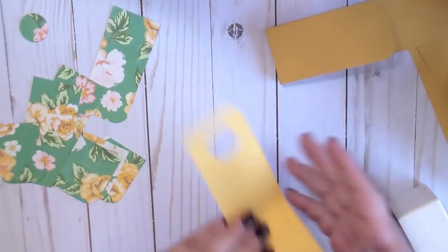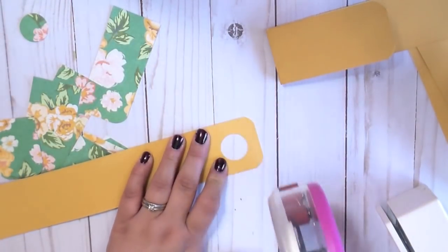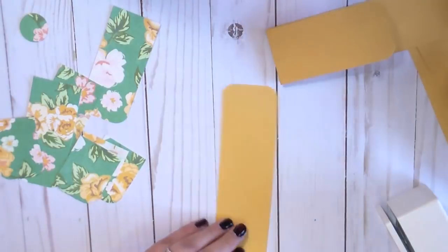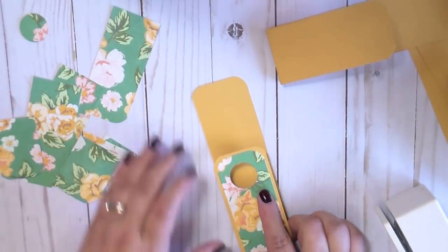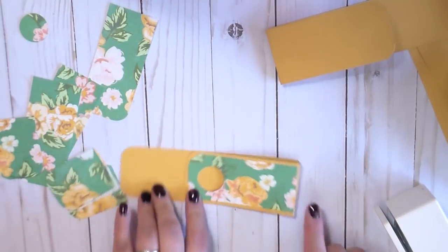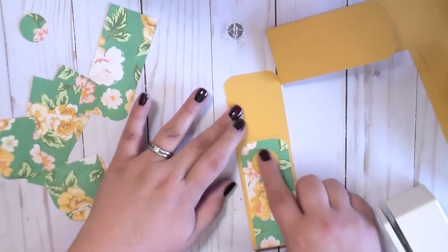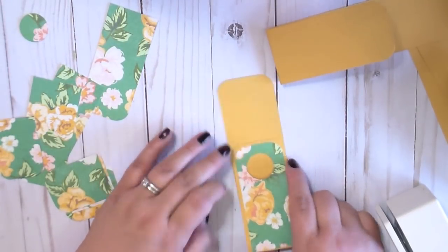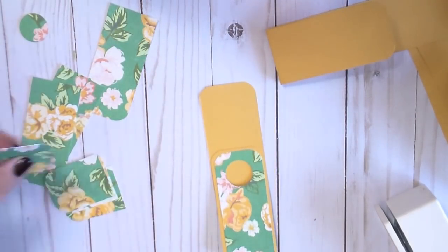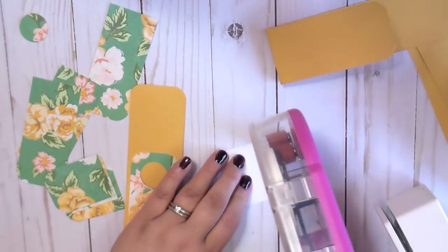Because then what you're going to do is open this up, and you're going to add some adhesive right there on the edge. And then you're just going to close this up just like this to where it has the cute little gusset down here, and you're not going to glue the circle down, just the little edge up here. And then you're going to take your 2 1/4 by 1 3/4 piece, add your adhesive,